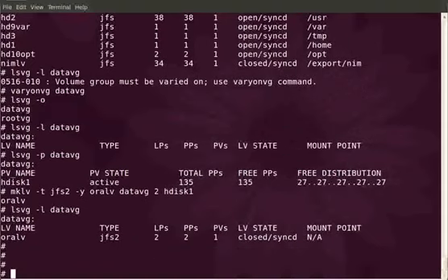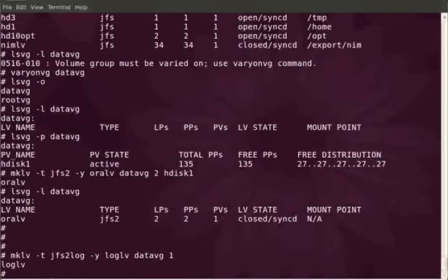So the jfs2 LV is created, and I am going to create a log device for that, a log LV, that is of type jfs2log. For a log LV, you can just give one logical partition, that is enough. Here I am not giving the PV name, so it doesn't matter actually. Whenever you have like 30 or 40 physical volumes in a volume group, if you want to create a logical volume on a particular physical volume, then you give the PV name while creating the LV. Otherwise it might